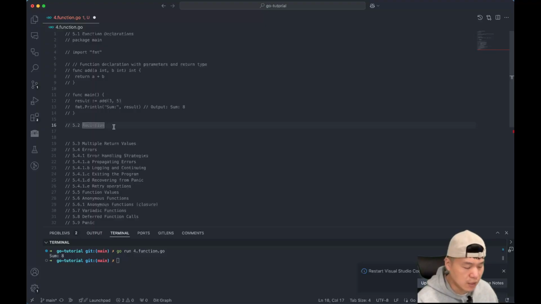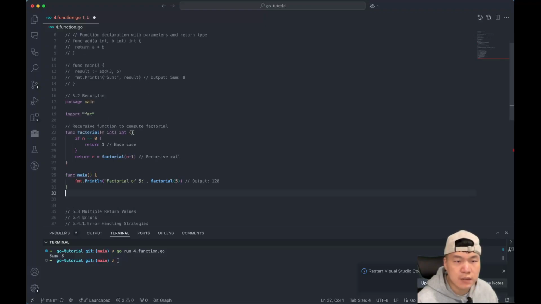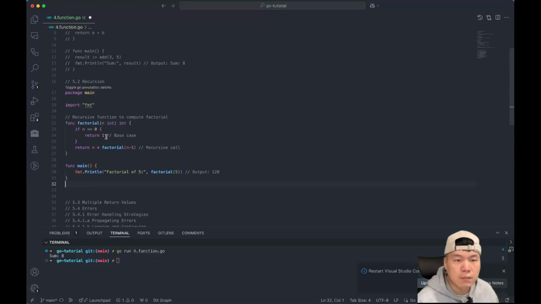So basically the function is a first-class citizen in the Go programming language, same as in JavaScript, so it can be returned, it can be assigned to a variable, and it can be passed as a param. For recursion here, let's get an example. That's a very common example, factorial, and so basically we have defined a function called factorial, and